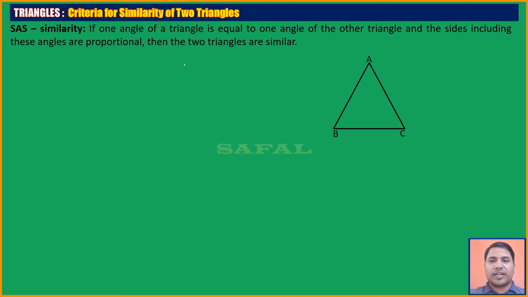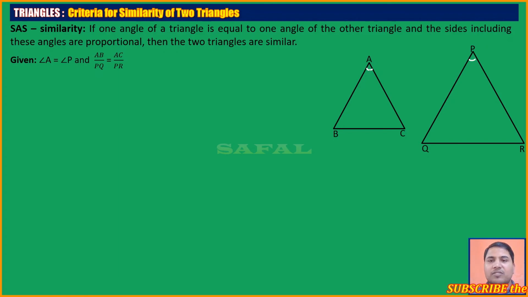अब यहाँ पे क्या बोल रहे हैं? So two triangles ABC and PQR, again I have taken. Now it is given that angle A equals angle P. So this angle is equal to this angle. Now what are the sides we have containing angle A? That is AB and AC. Here the sides containing angle P are what? PQ and PR. So AB is proportional to PQ and AC is proportional to PR. So these two pieces of information are given to us. So using this we need to prove that these two triangles are similar.